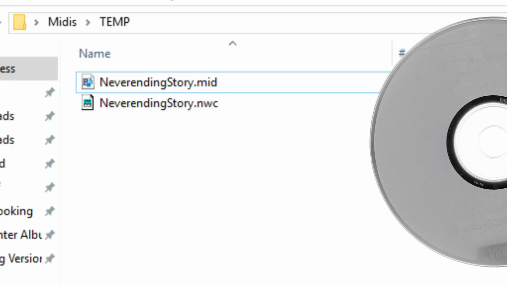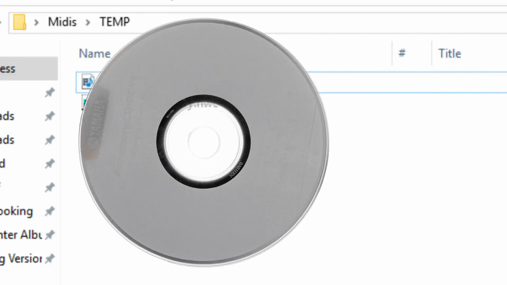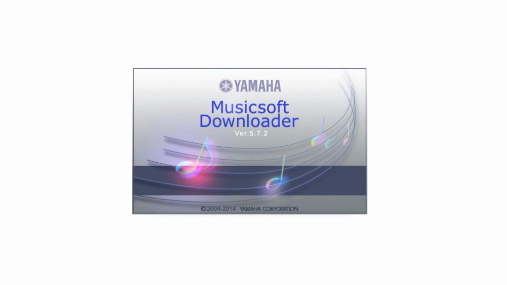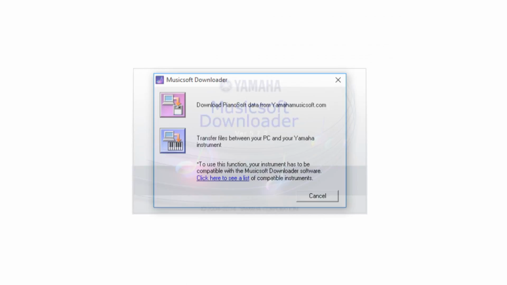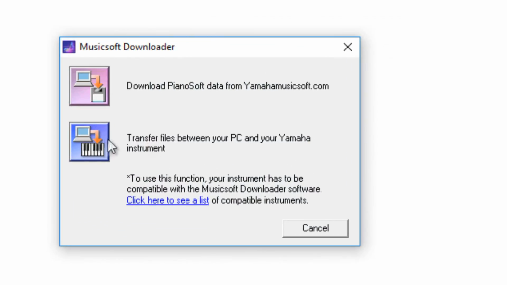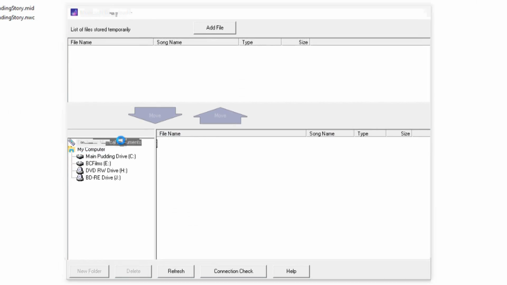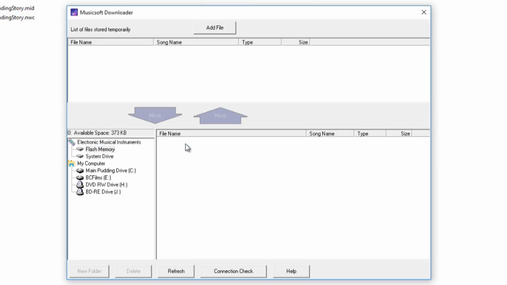Remember that little CD that your keyboard comes with, the Yamaha's? That comes with Music Downloader. So you open this software after everything's been installed correctly. Okay, the flash drive. Now,